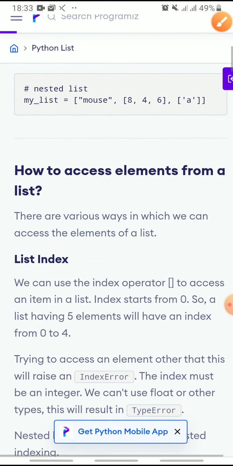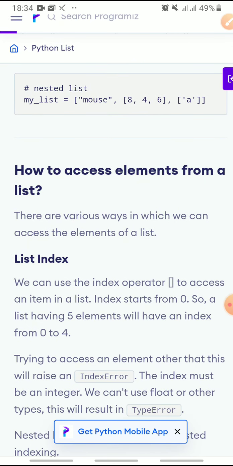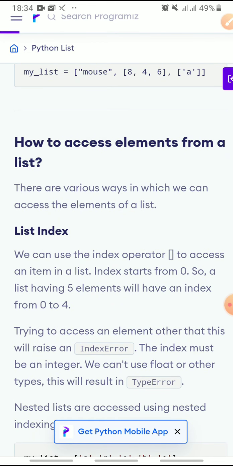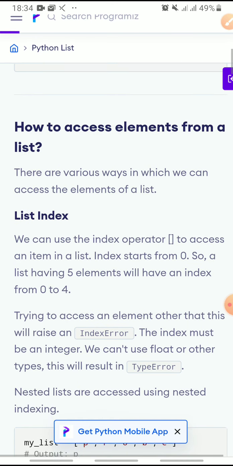Second, how to access elements from a list. As we know, when we access elements from a string, we write a for loop using an individual element, or we use an index position. Similarly in a list, we can access elements by using the list index position and by using the individual elements.